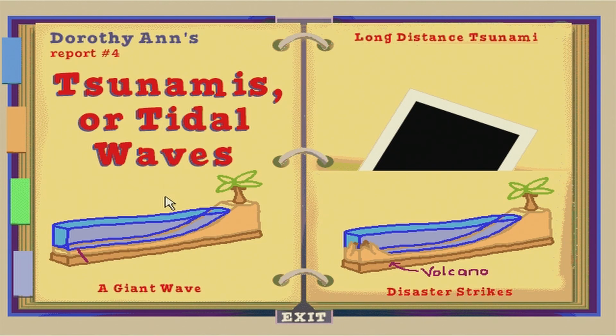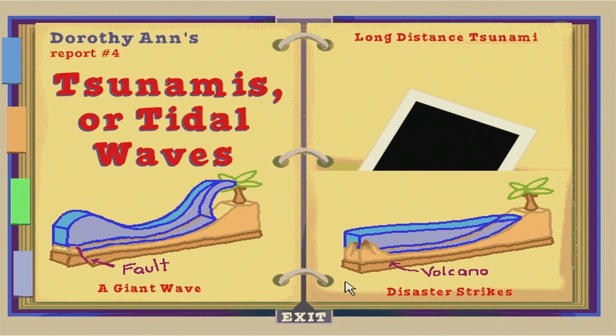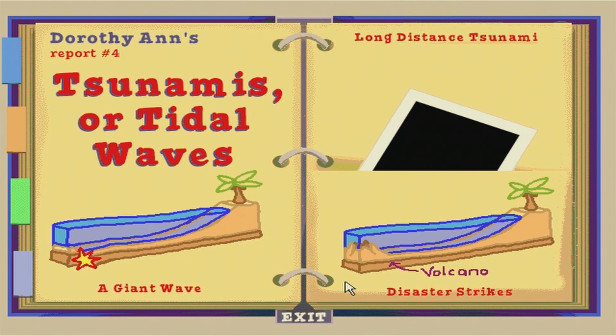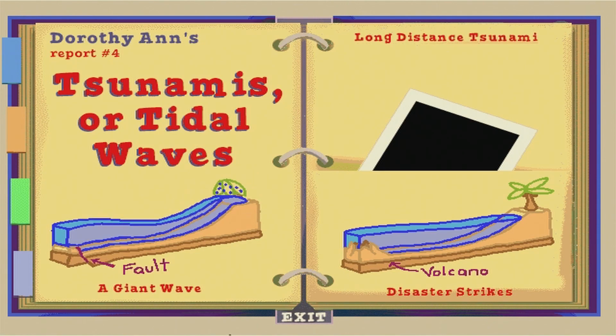Tsunamis, or tidal waves. A giant wave. Tsunamis, which are sometimes called tidal waves, actually have nothing to do with tides, though they certainly are waves. Most of them are caused when faults in the ocean floor move and shove the ocean floor up or down. The shifting of the faults in the ocean floor sends shock waves into the ocean water, which creates